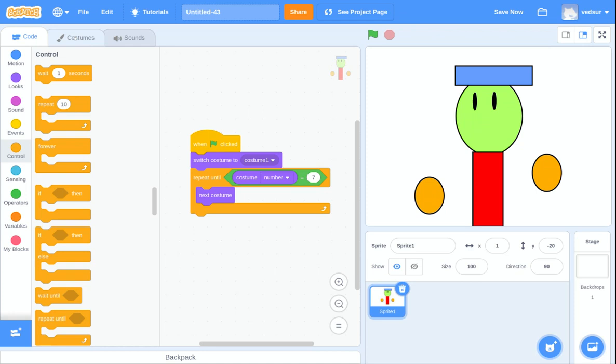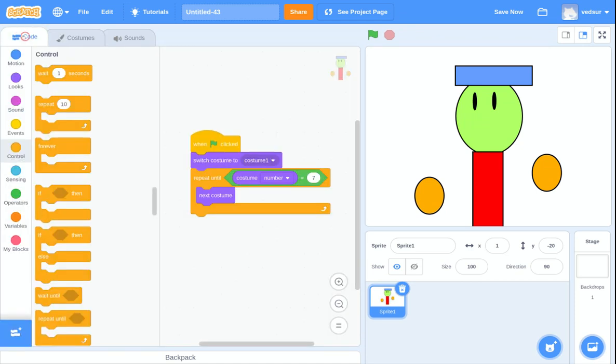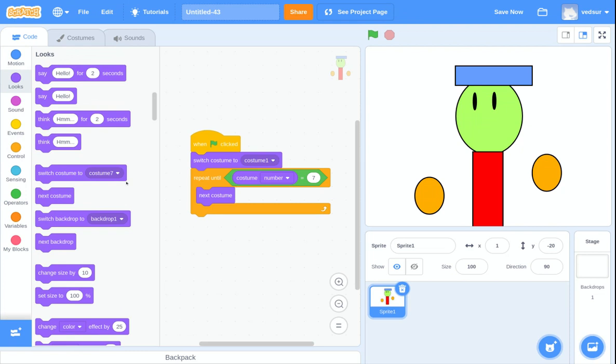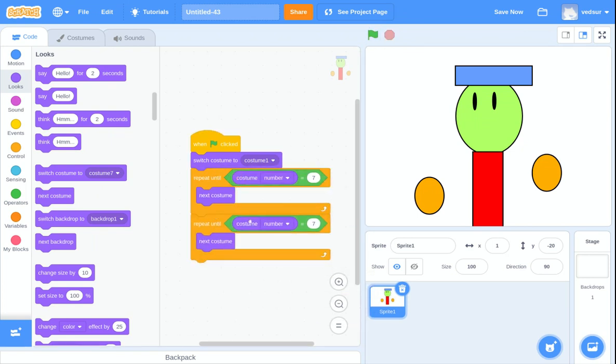But we need the hands to go down. And I know what you're thinking, oh, we have to do another costume. Well, it's exactly the opposite. We do not have to make another costume. All we have to do is repeat until costume number is equal to 7. Now we just have to duplicate this with two clicks. And now we have costume number equal to 1. And we're going to have